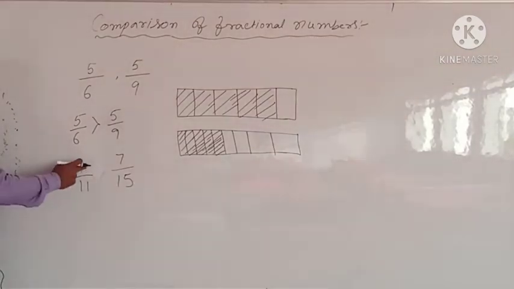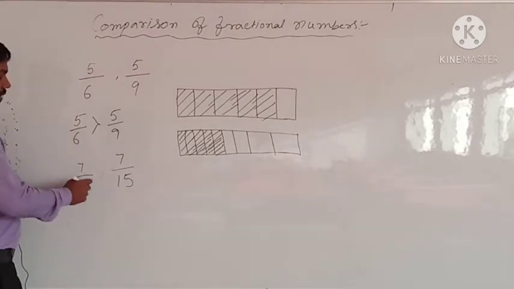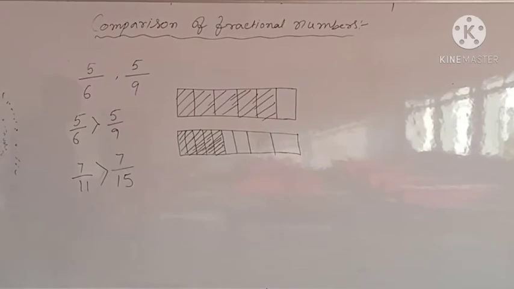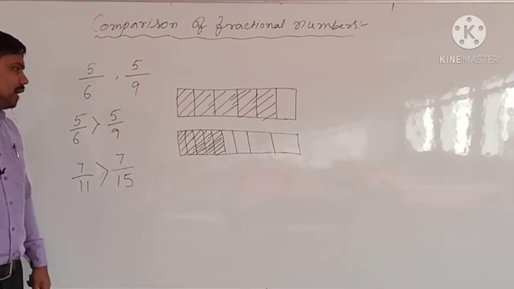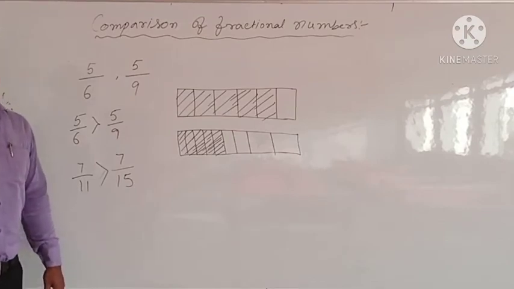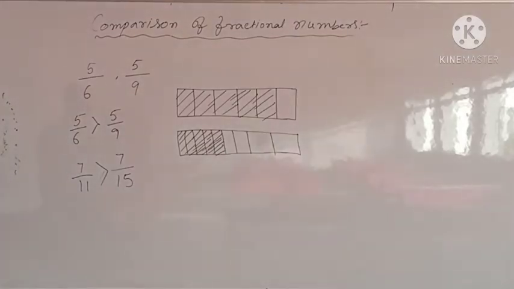So यहाँ पे 7/11 जो है ये 11 लेस है तो ये हमारा ग्रेटर नंबर हो जाएगा। तो बहुत ही इजीली ये दो केसेस हम लोग समझ सकते हैं और इन दो केसेस में हम लोग कंपेयर कर सकते हैं जो भी फ्रैक्शनल नंबर दिया हुआ होगा। ठीक है,